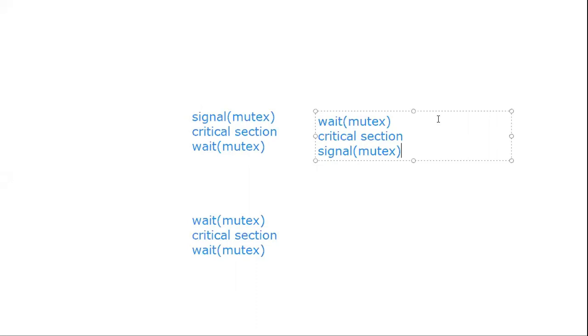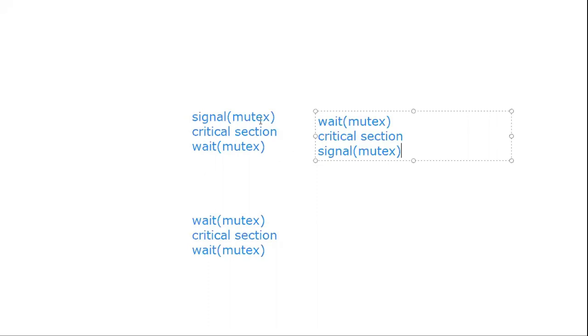If mutex is less than or equal to 0, the condition repeats. Otherwise, if the mutex value is 1, then 1 less than or equal to 0 is false, so the mutex value is decremented. When wait of mutex is 0, it enters the critical section and executes the process in its critical section. Then it goes to the signal operation. But if we write signal of mutex, then critical section, then wait of mutex instead,